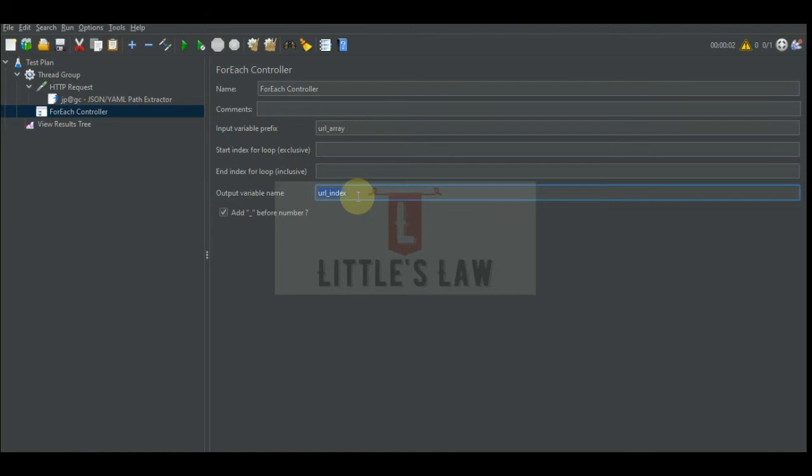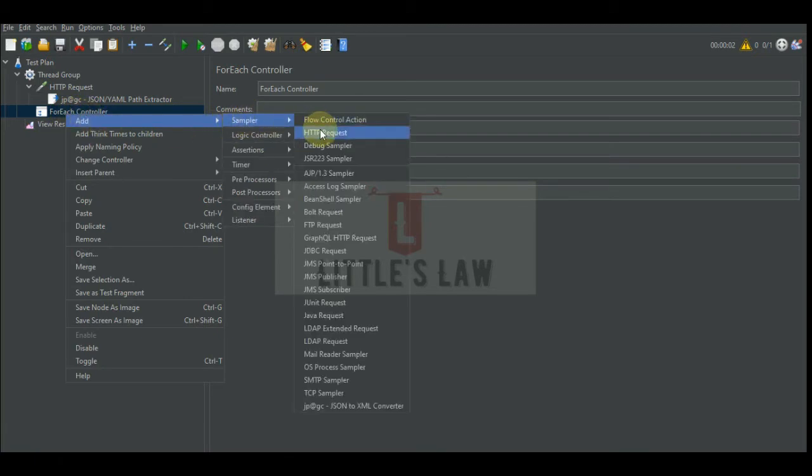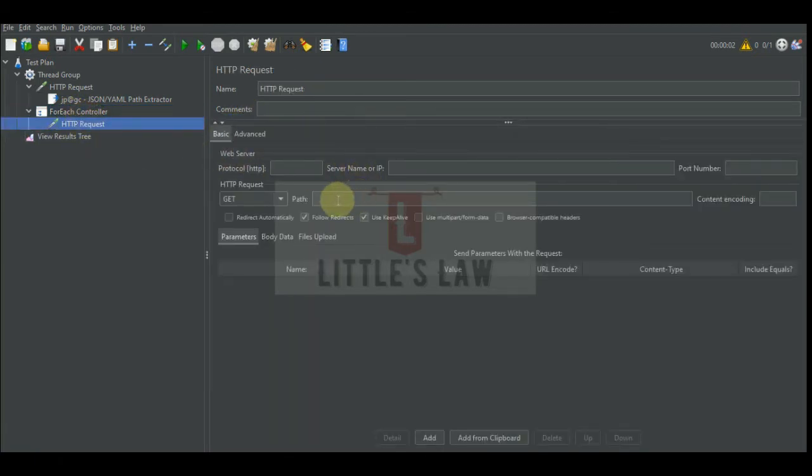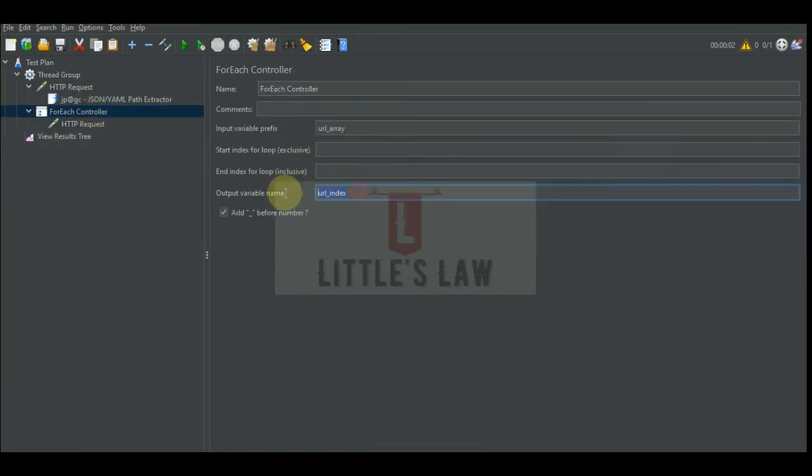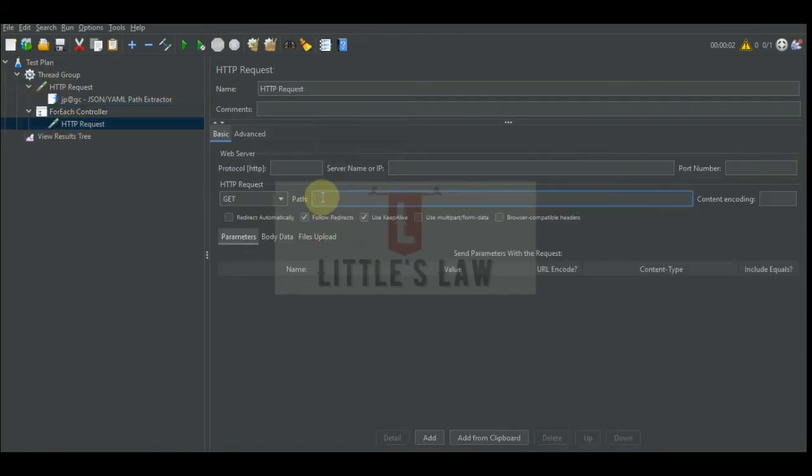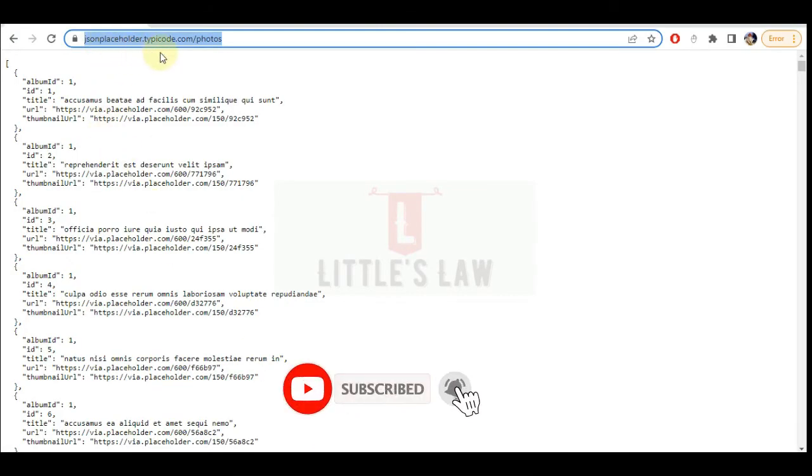So let's now add the next HTTP request where we hit the URLs. To do that, we'll need to add an HTTP request sampler under the for each controller. And here we are going to give this URL index, which is the output of the for each controller, in the HTTP request. So far what we did is we are hitting a page which is the JSON placeholder,